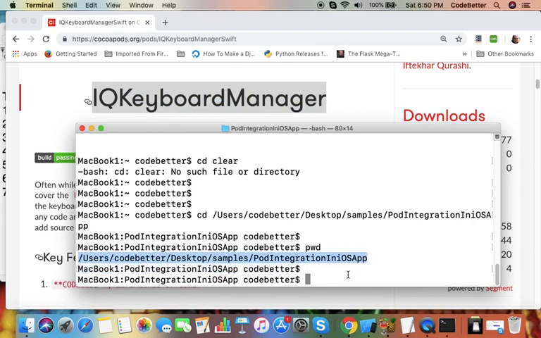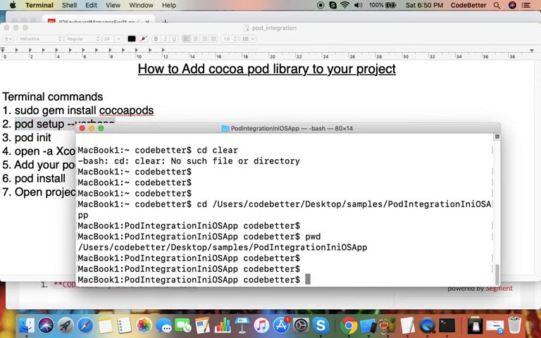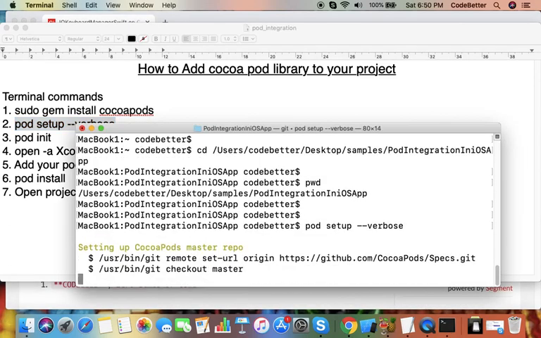Now the command to integrate a pod library is, you have to type number one, pod setup --verbose. This command is to set up pod after installation, which I missed. You can just type it here, and it will set up the pod so that it can later on download anything from cocoapods.org.